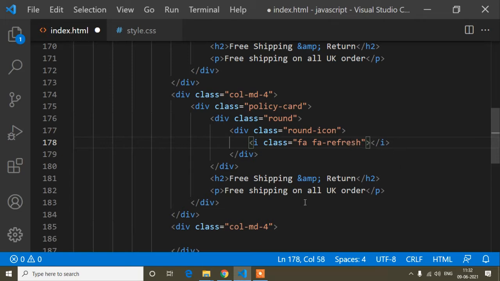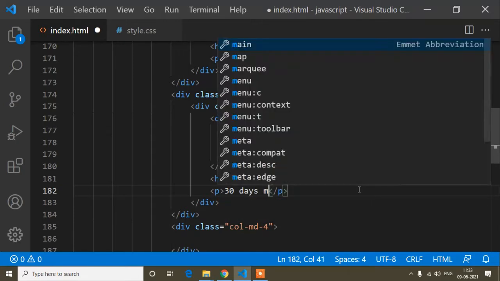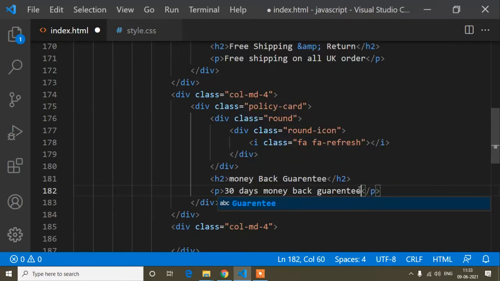And the content I will change. You can write any content as per your choice, but here I will write money back guarantee for the heading, and the paragraph I will change also. Here I will write something a little bit different, that is 30 days money back guarantee. So this one is done.